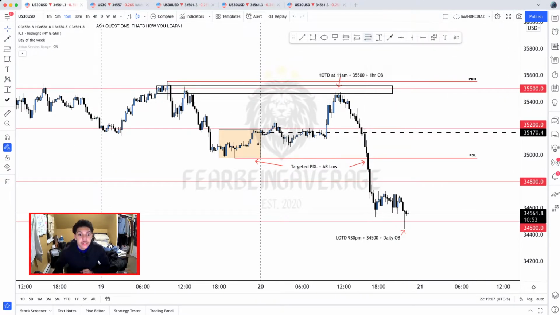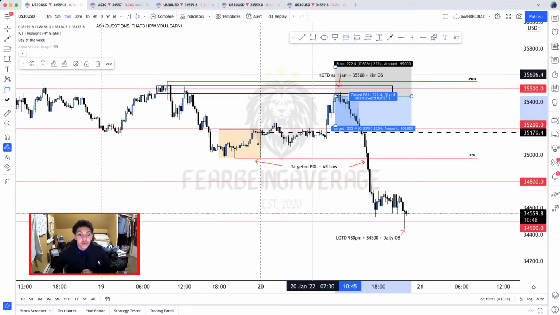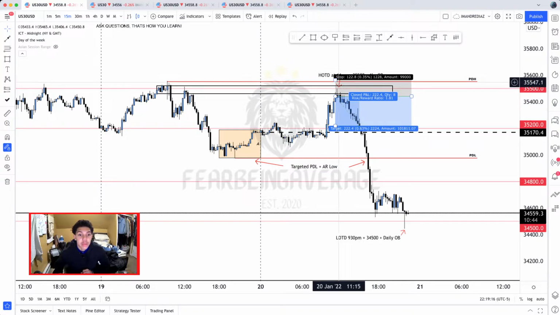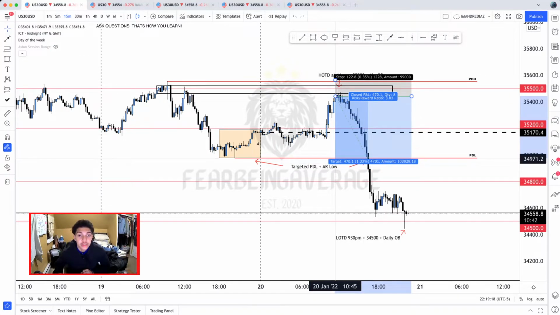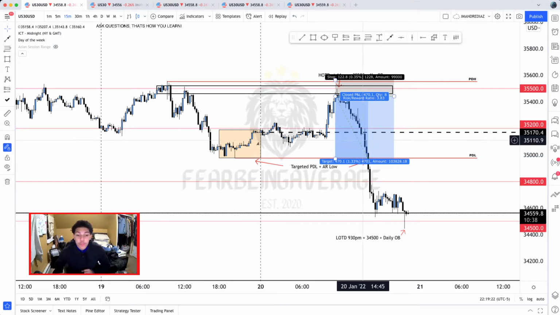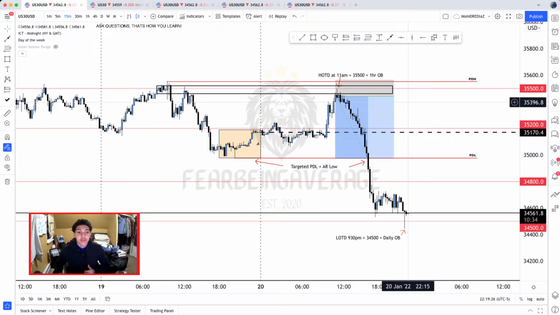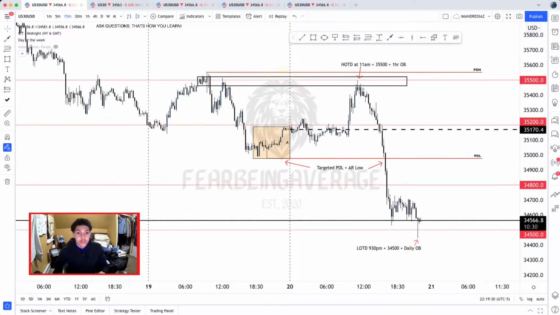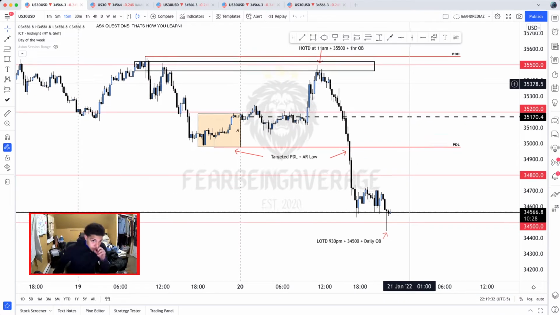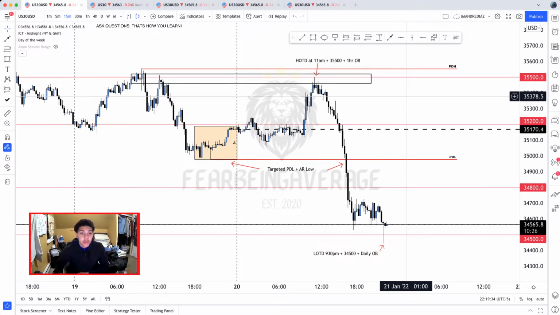And overall, the ideal trade that you would have been looking to take more than likely would have been somewhere up here, looking to potentially short with a stop loss above the previous high, anticipating that price wouldn't tap into it, and you would have at least looked to target the previous day's low. And that's where I would have been able to scale out the majority of my position. But as you can see, price overall kept going even longer, falling even deeper into this abyss. And that's really it. It was a simple day in my opinion.